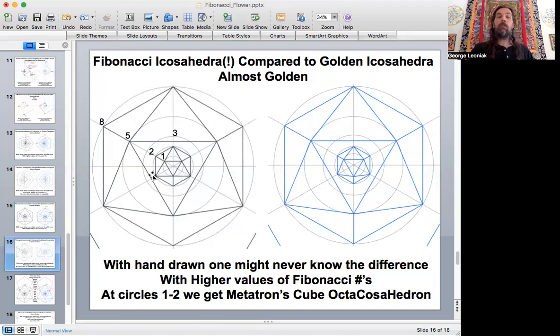Then what we do is we produce the octa-icosahedron, which I'm now calling the icosahedron that is drawn in Metatron's cube, because this is actually an octahedron. And at this point in the drawing, it hasn't gotten to the point where it's going to start to bend that octahedron into the equilateral triangle, but it does start to do it over here between 8 and